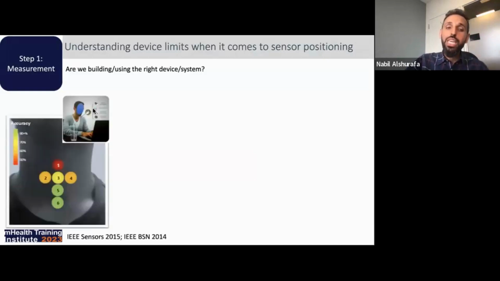So when we were looking at the piezoelectric device that would touch the skin, in one of our papers, we also noticed a big difference in accuracy based on location and positioning of this device. And this is going to be critical when training people to actually wear or don the device. We need to know the effects on the signal as we move the device on the body.